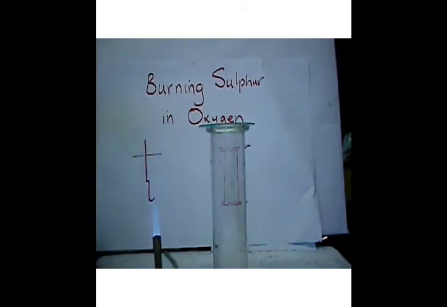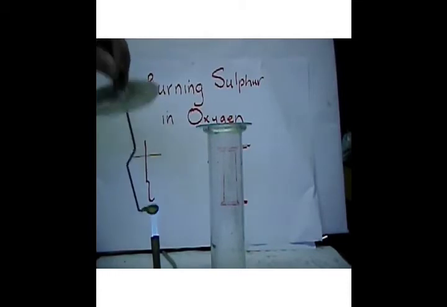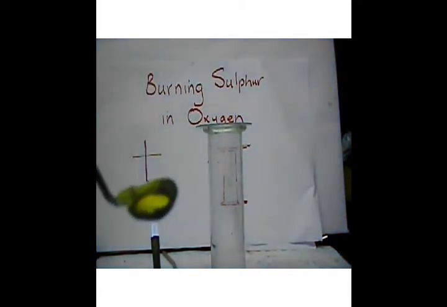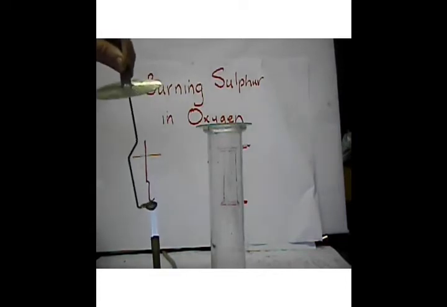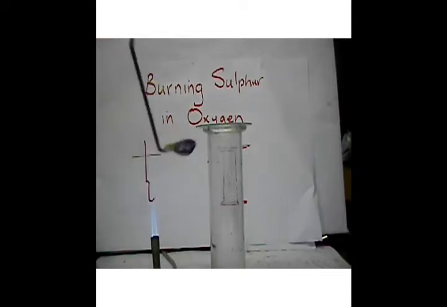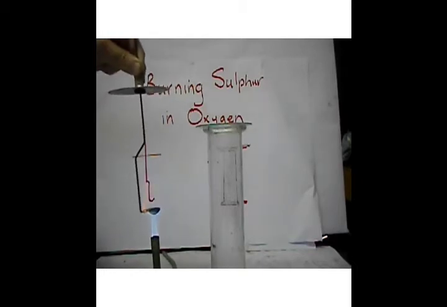After the sulfur dioxide is produced, you have to test the presence of sulfur dioxide. Just heat the sulfur. When you heat the sulfur, you can see it produces sulfur dioxide. A gas is produced. A gas is slowly producing now. When you observe, you can see a gas is coming out. Sulfur dioxide gas is coming out.